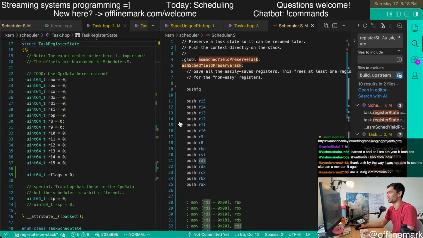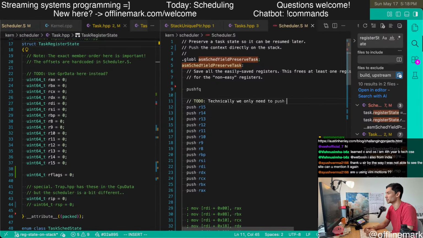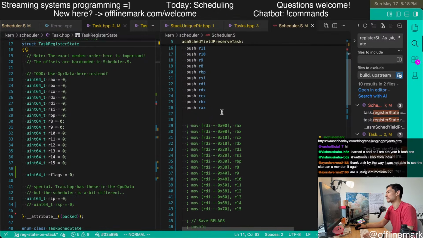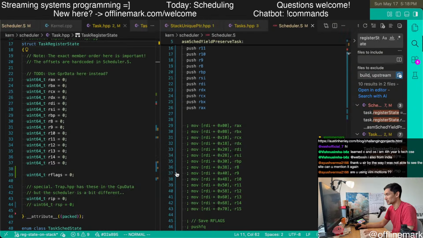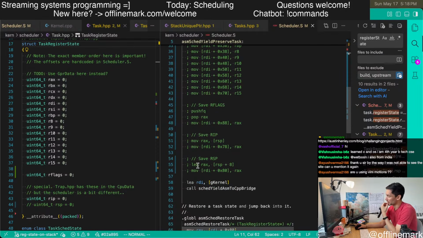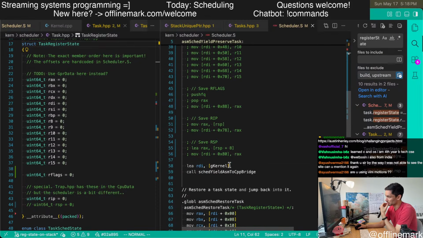Actually, for the record, technically we only need to push all the saved regs. We need to take that stack pointer and save it into the task, and then hit the scheduler.